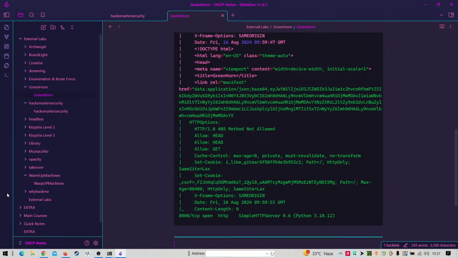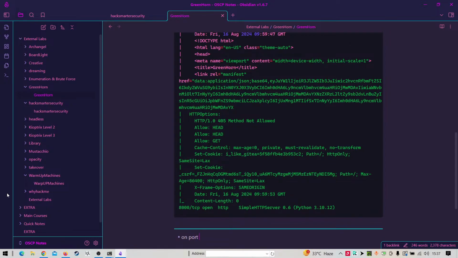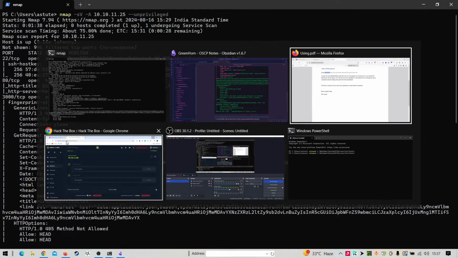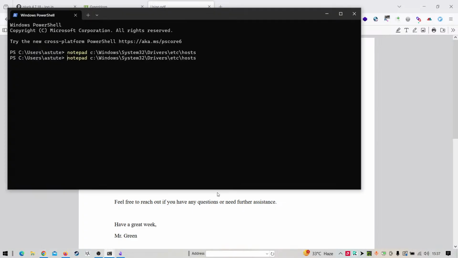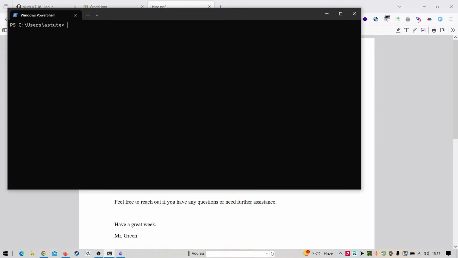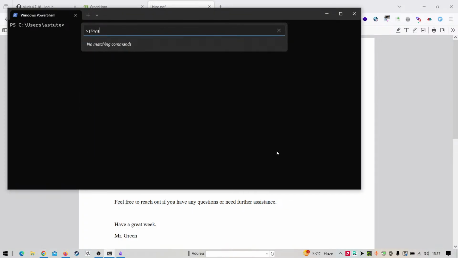And you can just add, like, on port 8000, a file was there that contained the password, but it was redacted. Okay, so we have the password, but it's redacted, right? So what I'm thinking to do is just come up here. It is this, say, playground. I will say